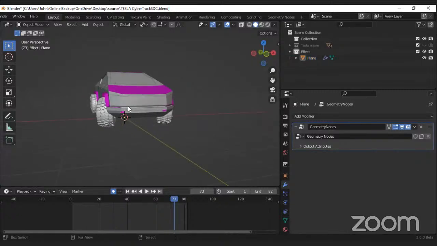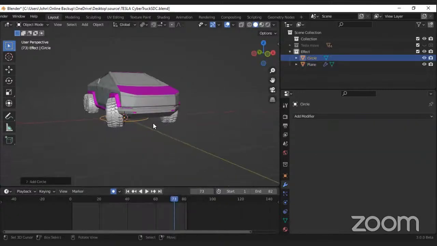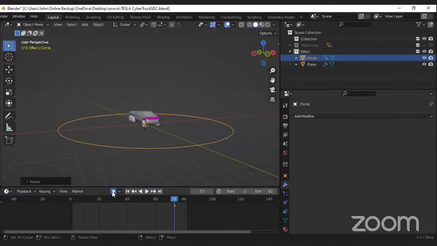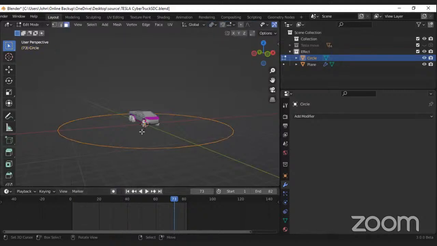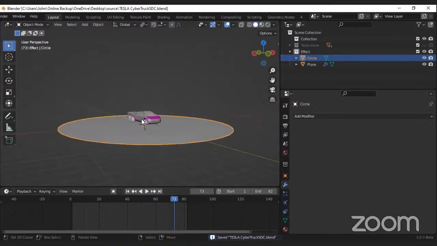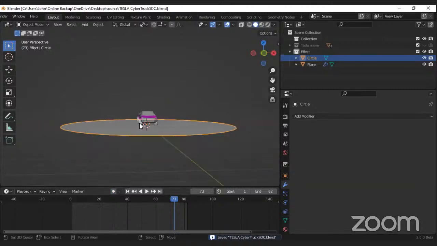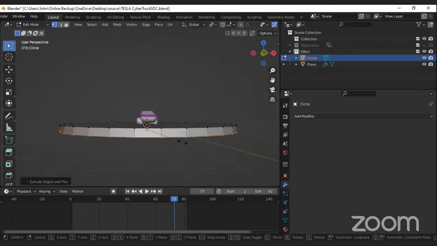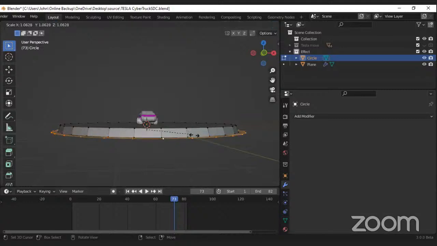this car. So hit Shift A on the keyboard and add a circle, then S to scale it. Then remember to turn off the auto keying. Then hit Tab on the keyboard and hit F. So we have a flow. So we can play with it. Tab, then E, then extrude. It's a bit to make it look stylish. Then A, then Alt E, S,